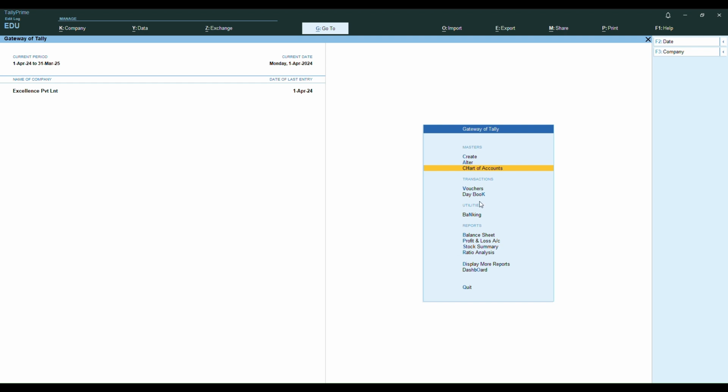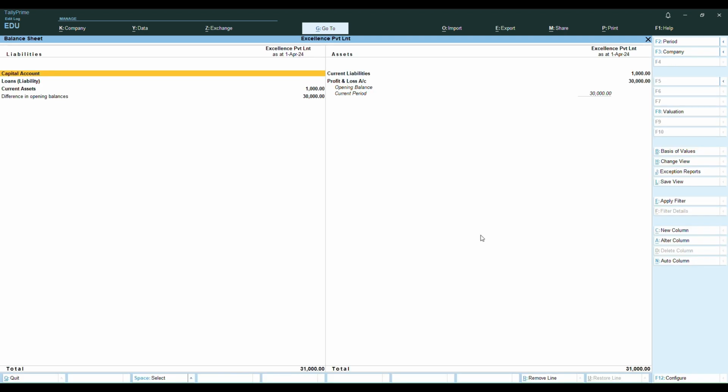Now let us take a look at the balance sheet report. Click on it from the gateway. So this is the balance sheet that gives detailed report on the liabilities and assets of the company.